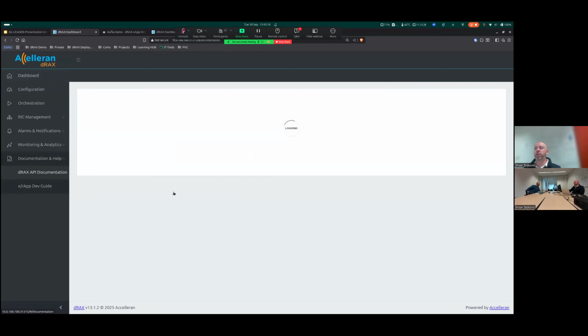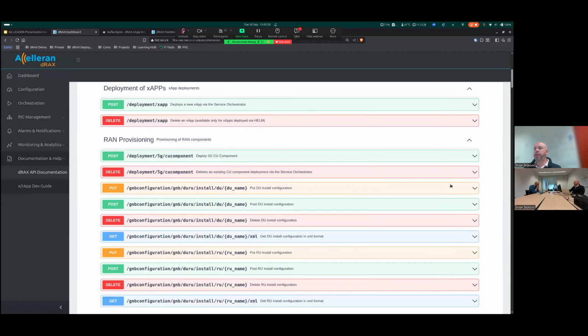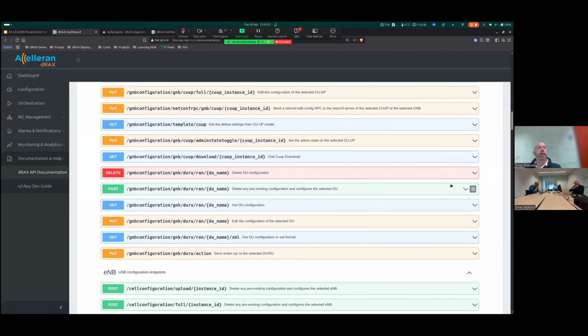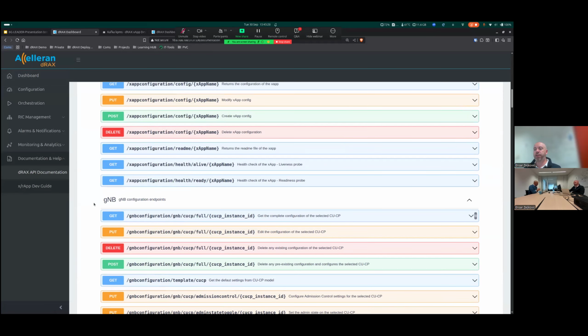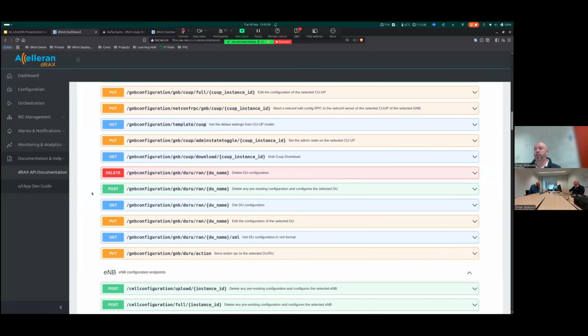Now, we know that we're targeting this DU7, but we need another endpoint which will allow us to edit the configuration of that specific cell. We have a bunch of these GNODE configuration endpoints over here, and the one that we're looking for is the one that is associated to DUs and RUs, which is this one over here.